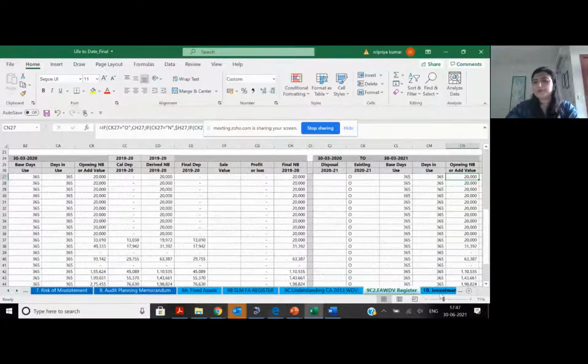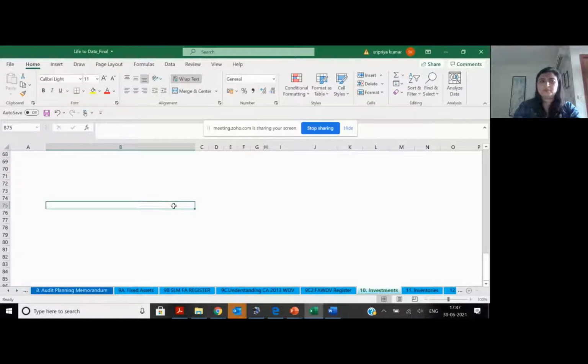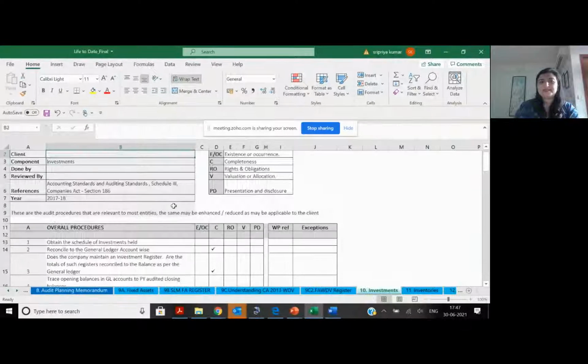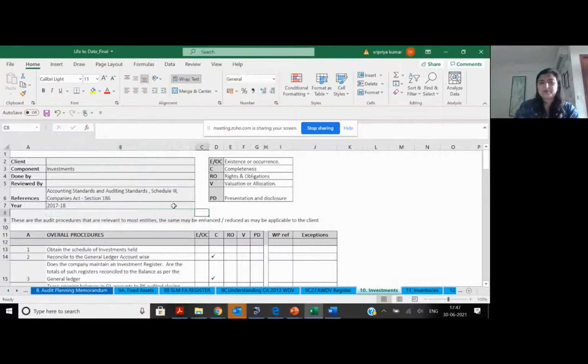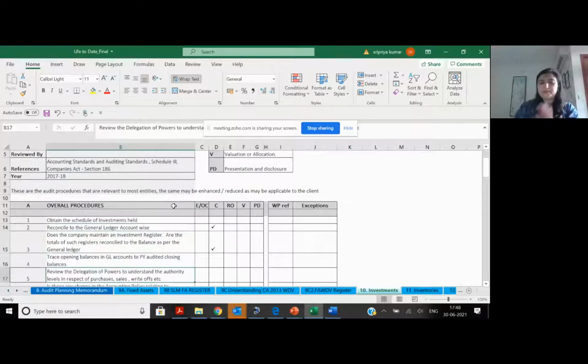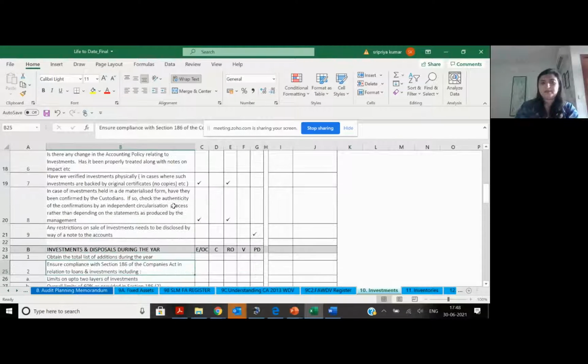The next you come to is investments. Similarly, in investments, I have the same logic. The second asset, I have my assertions. What are my processes in investments? Overall procedures, same thing, correct? My Tally is showing investments of 82 crores, 50 lakhs, and so on. The same number should be there in my investment register.